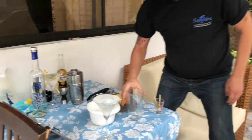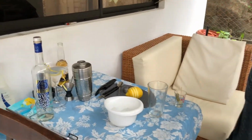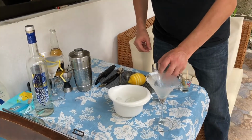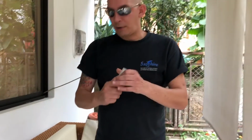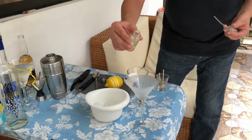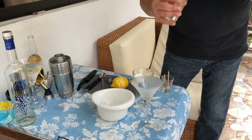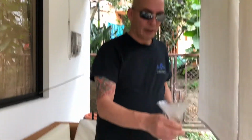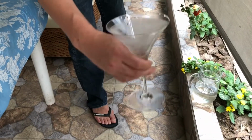All right, so now we're gonna get on. I'm gonna empty this out first, and I'm gonna show you. Okay, so now my glass is nice and chilled, and I'm gonna show you there's a different way to do this. So if you want a little bit more vermouth, and you will see some bartenders do this, I prefer the spritz method because I get the exact amount that I like every time, and I don't waste any, because it's very hard to find vermouth here. To be honest with you, that's reasonably priced. It's actually as expensive as a bottle of vodka. So that's crazy. So what you do, you can swirl it around, and you try to get all the way